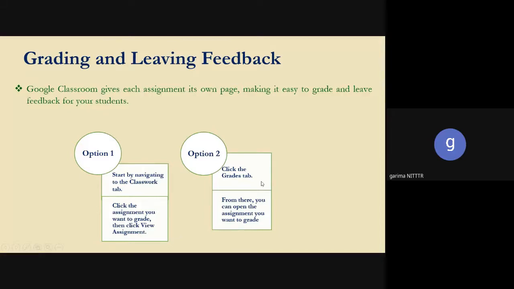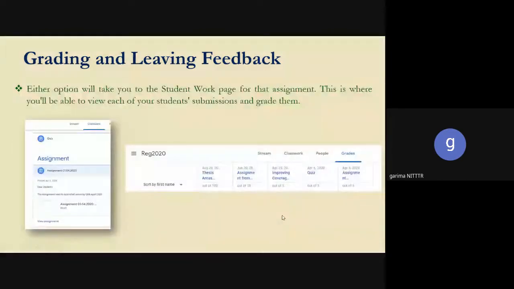For example, I have one assignment in one particular class, which is of, suppose, 1st April. I'll go to that particular class. I can see the number of assignments or works I have allotted to that particular batch. Some are out of 5, out of 5, out of 5, out of 10, and then out of 100. These are thesis related things, so I have attached them out of 100. We have the information related to our students, and from that information I can assess or grade them.